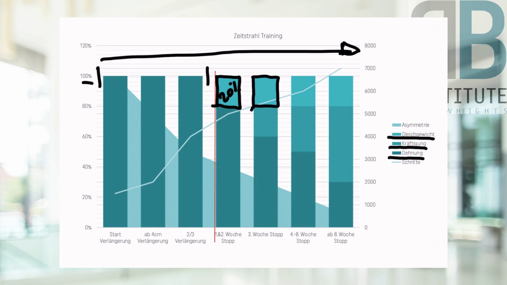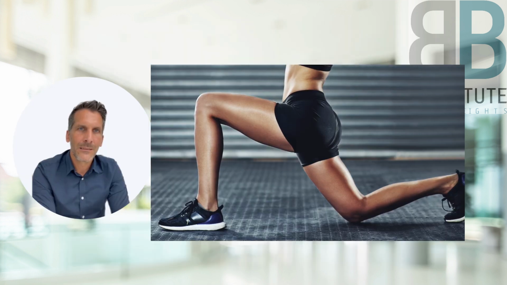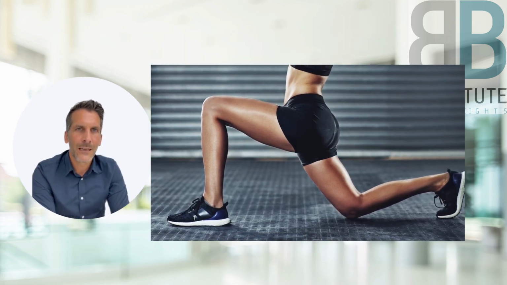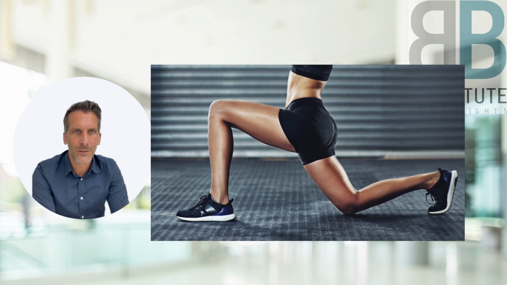Then we add strengthening exercises so that you can rebuild your muscles and regain endurance and strength. You can train your upper body during the extension phase, but you should stretch your leg muscles and especially your hip muscles regularly, consistently, and with discipline, several times a day, without trying to build up muscle.